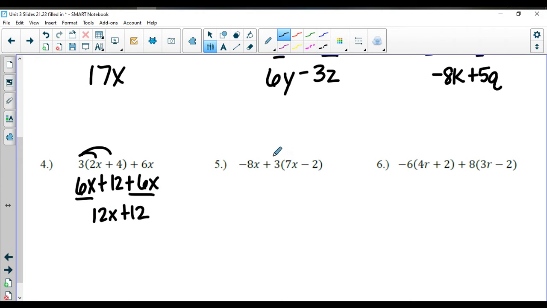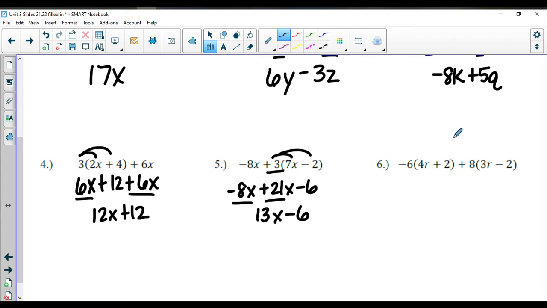In question number 5, we're going to distribute the positive 3 here, and we're going to bring down the negative 8x out front, plus 21x minus 6. Combining the like terms with the x's here, we have negative 8 plus 21 is going to give us 13x